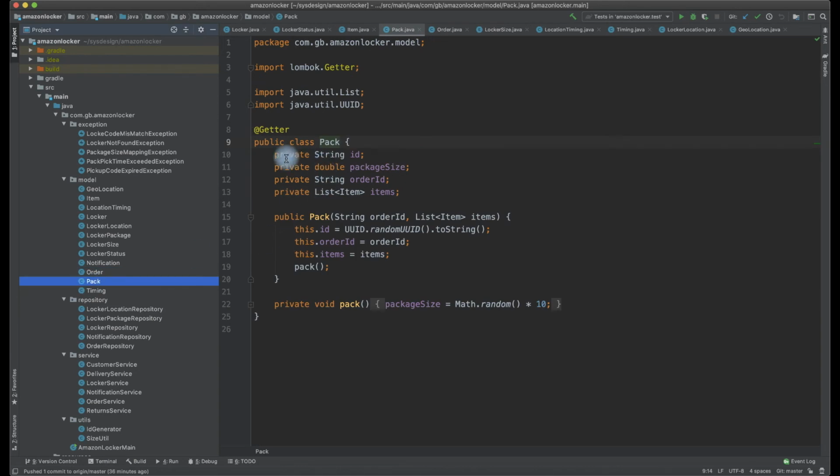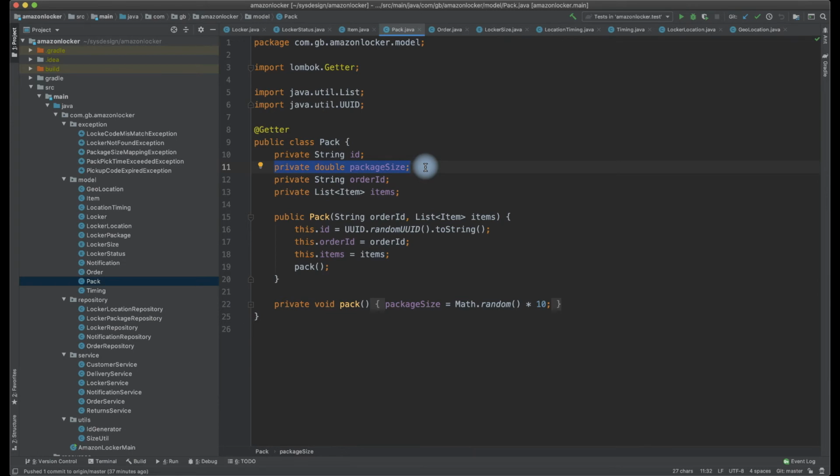A package should have a reference to an order, right? This package is for this order, which is easy for somebody to track. We have an order ID. Every entity will have a unique ID, package ID. So every package will have a package size. The package size and the order size need not match. For example, if you are ordering a cell phone, its package need not be equal to the size of a locker at all, because that's not how package sizes are defined, and the volume of the package is different from the size of the locker which is available.